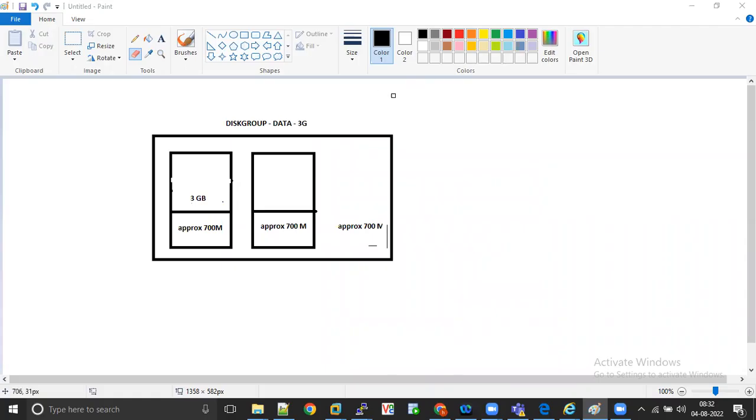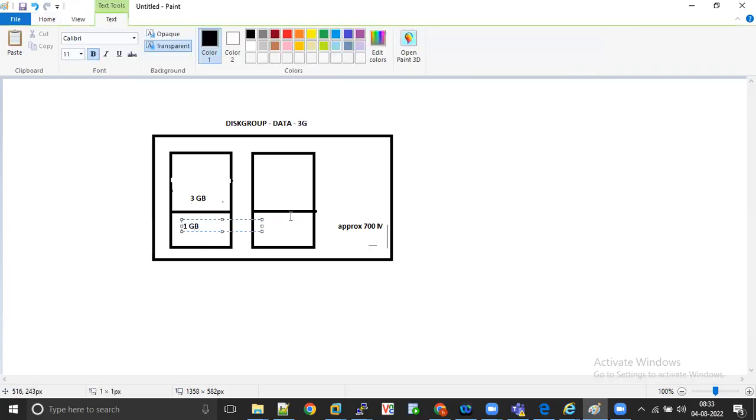Yes, sir. Okay, if you delete the disk from the disk group, what is the deleted disk's used size? 700 MB. This 700 MB moves back to the remaining disks. Then how much will it be? This will be 1050, again around 1 GB, 1 GB each. Okay, this is what the